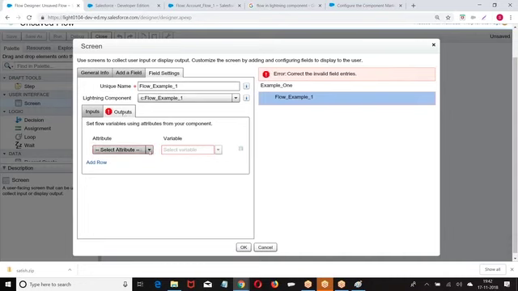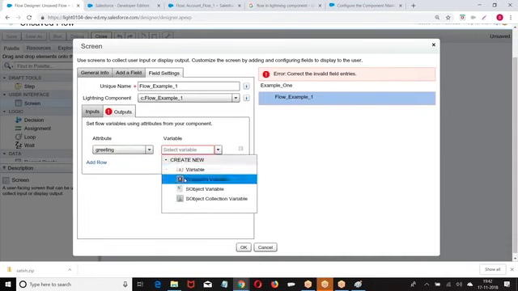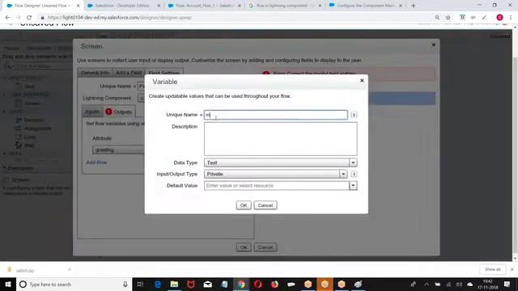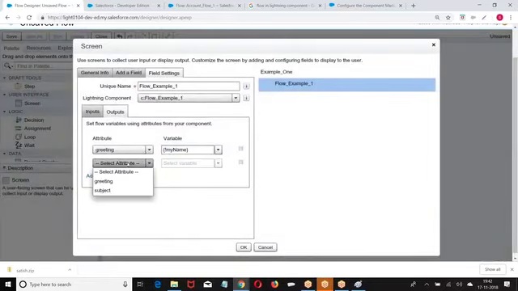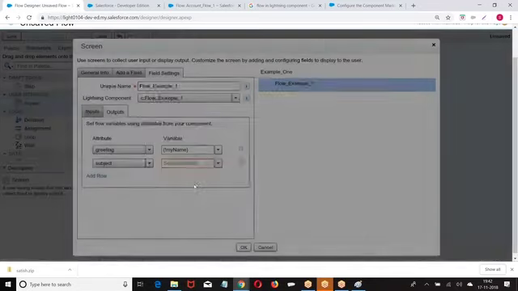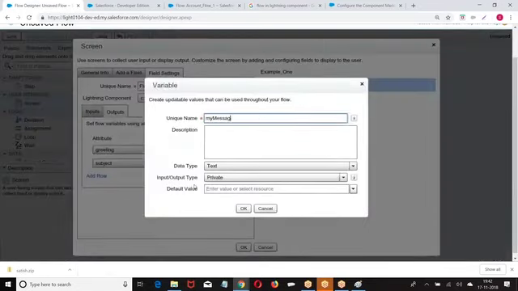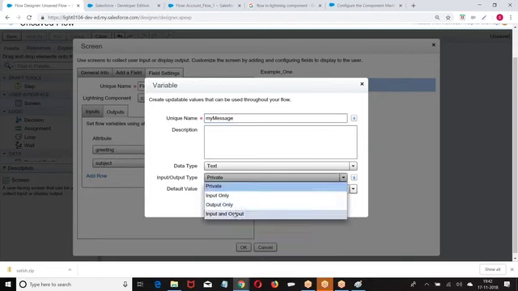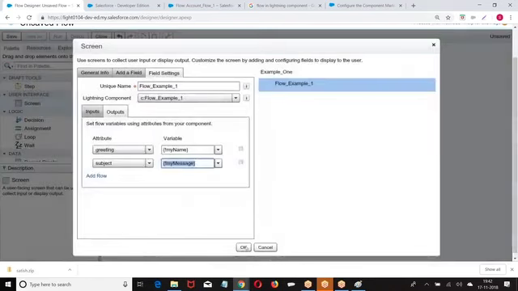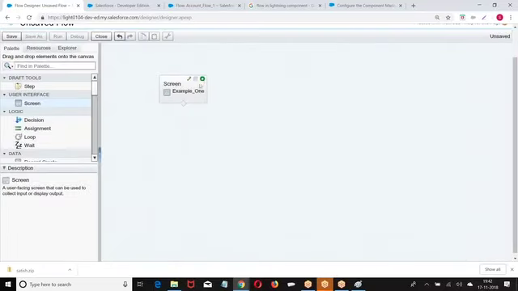Invalid field entries, go to this, reading, store them in a variable. We have created.